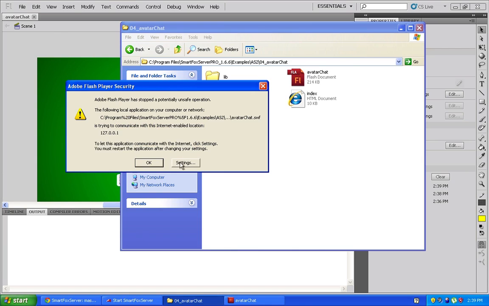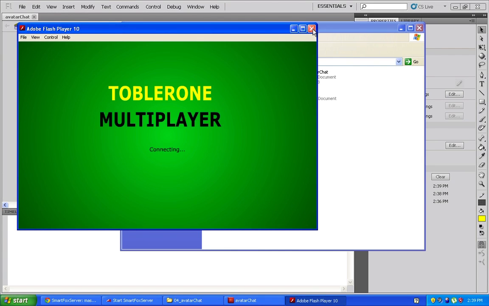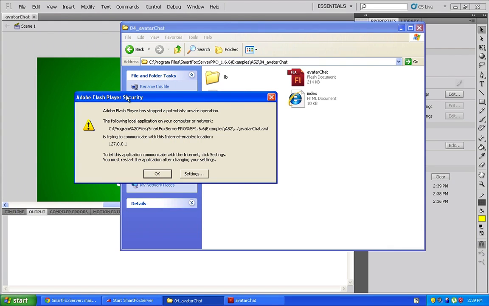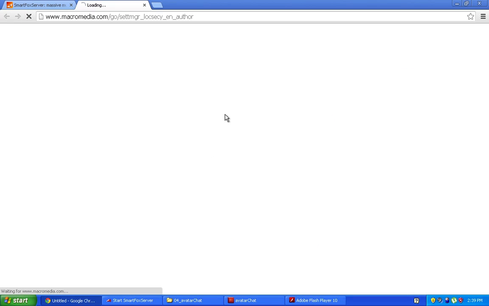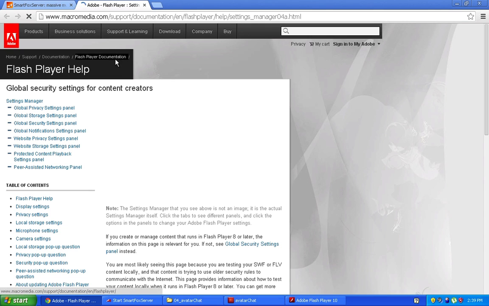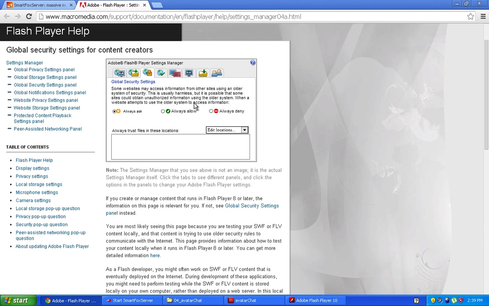So this is what we've been working on. When you open it, you'll probably find this box comes up, Adobe Flash Player Security. We're going to want to configure our settings on security. This should come up. You see this system here. What you want to do is press always allow, but just in case that doesn't work, we're going to